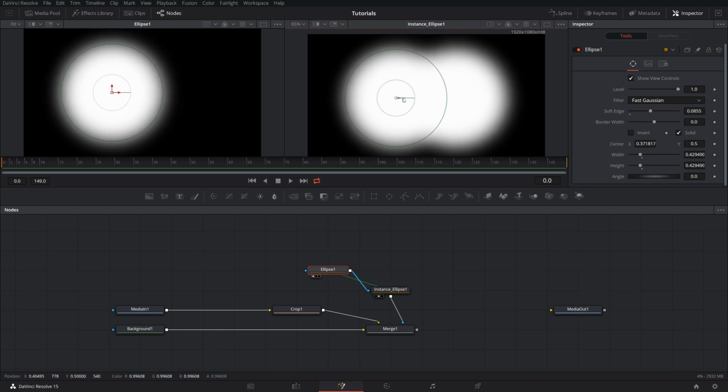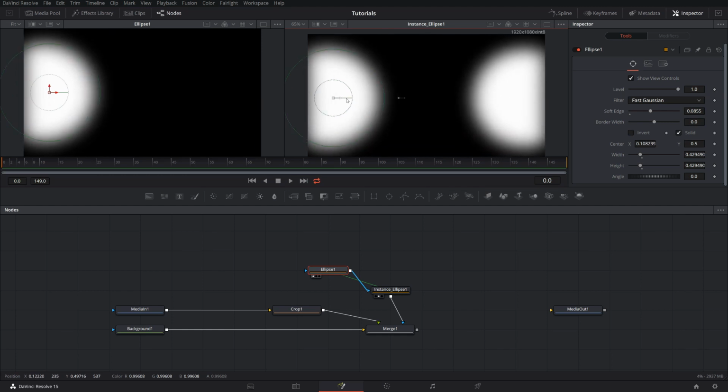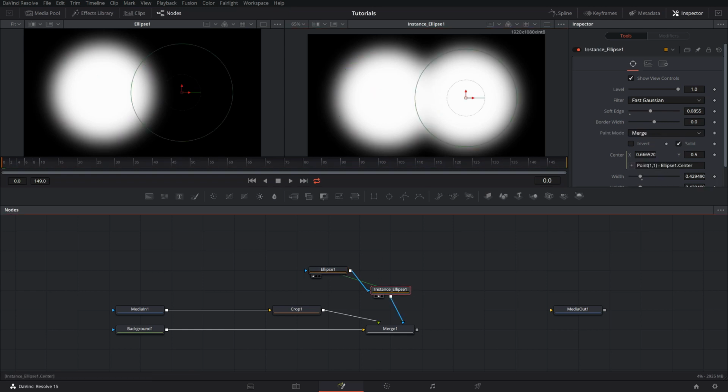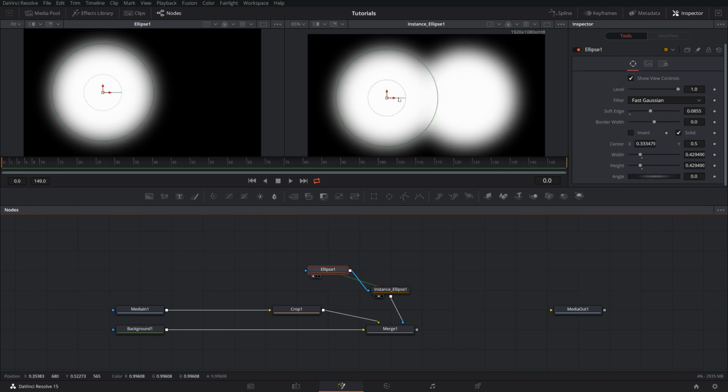And now if I shift x, you see this happening. So 1 minus this value is the center of the other one. So by this simple subtraction here, in the y coordinate, 1 minus 0.5 is always 0.5, so y is fixed. And in the x-coordinate, 1 minus the x-coordinate from this center gives me the x-coordinate reflected at the middle, basically. So this way I can now change the center x-coordinate here and automatically have the two tools linked together like